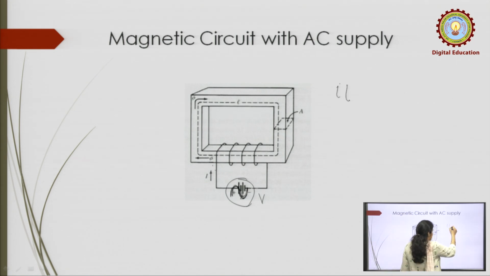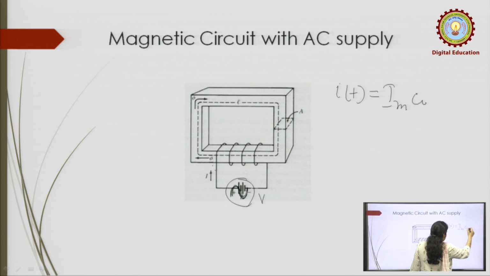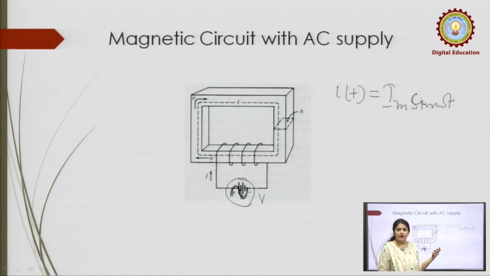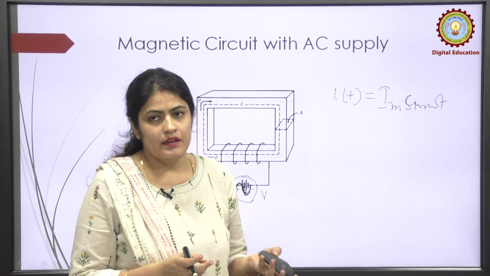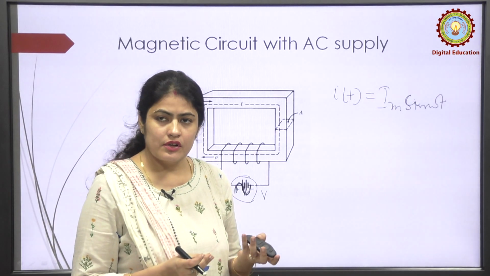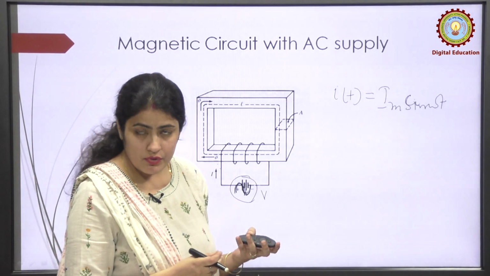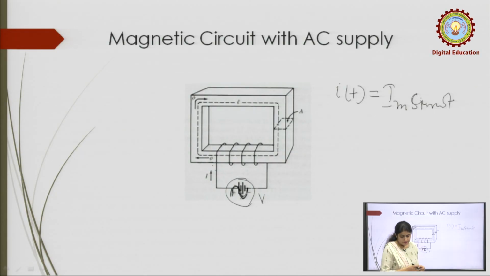Suppose this is i(t), which represents I m sin omega t. You can take cos omega t or sin omega t, whatever you like in sinusoidal, it depends upon your convenience. So the flux represents the